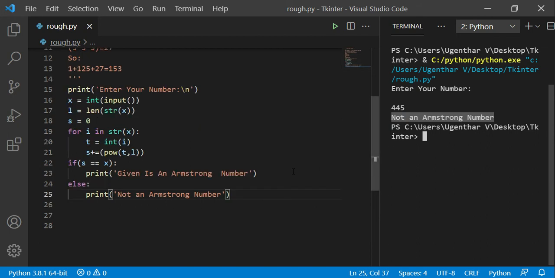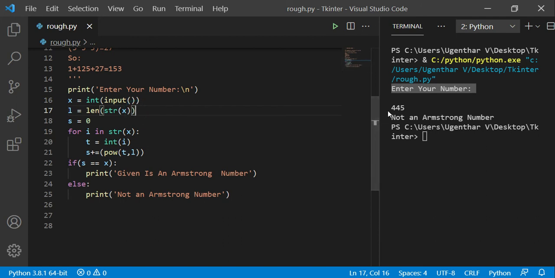Let me explain how the code works briefly. First, the print line will start executing, that means print, enter your number. It will be displayed in the output. After that, we give the input, that means 445. 445 will be stored in x, and L will have the length of x.